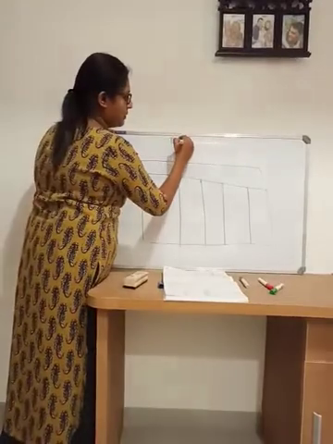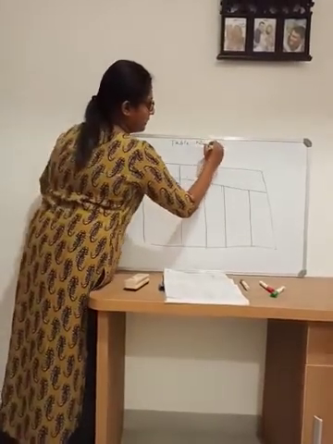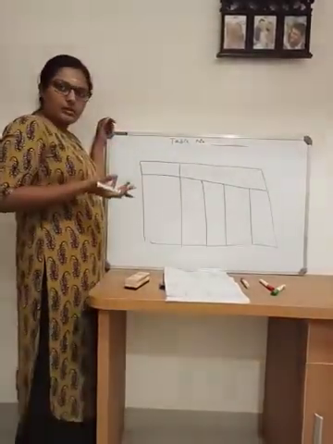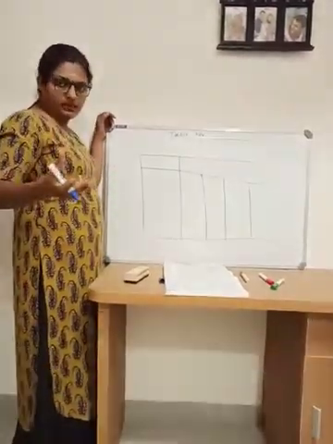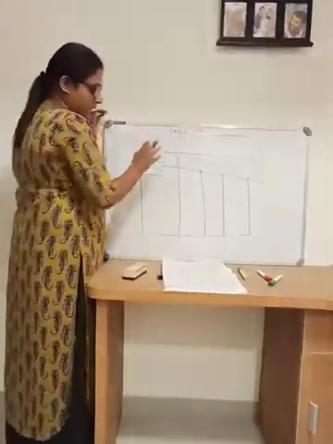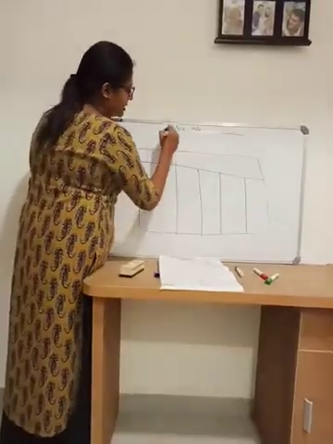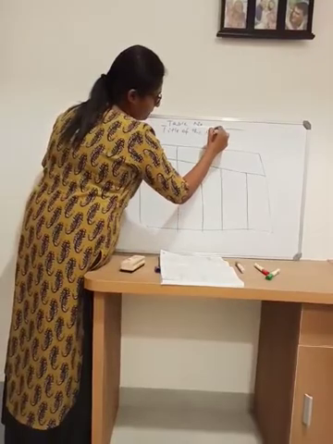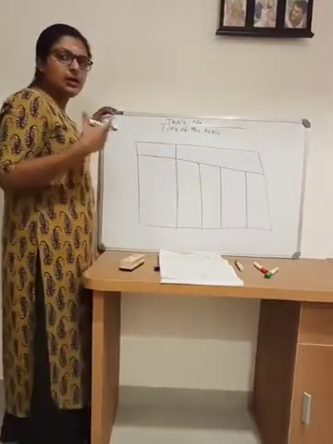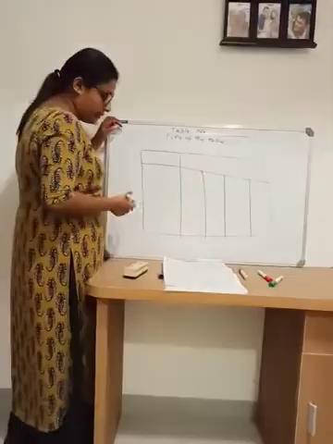Here the table number will come. Table number, that is figure 3.6, figure 4.5, like that it will come. Chapter 4, fifth diagram, that is 4.5. So that is the table number. Then the title of the table. What is this table you are preparing for? That is the title of the table.